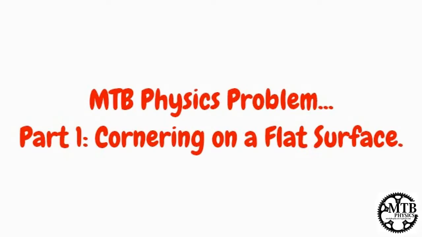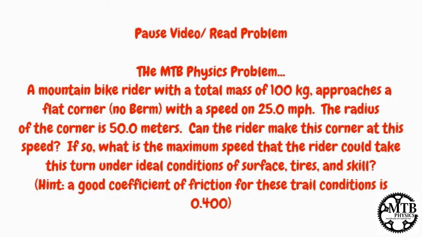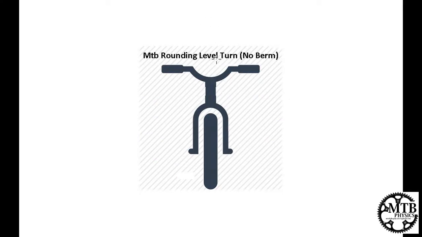Welcome to Mountain Bike Physics, cornering on a flat surface. I'm going to start with the free body diagram. We're just using friction to hold us on the single track. What causes the bike to go around the turn is centripetal force, and that centripetal force is caused only by